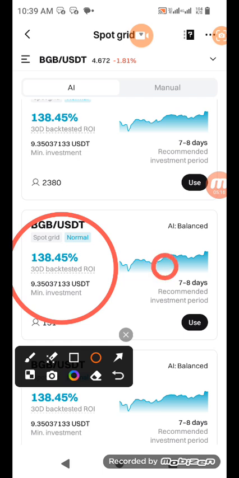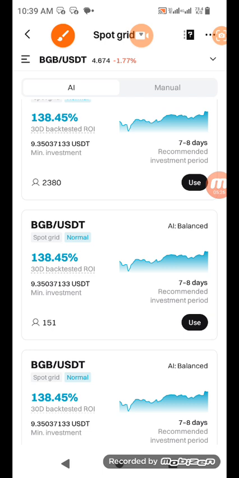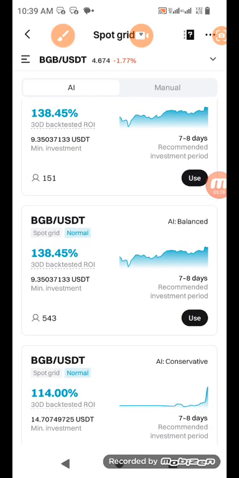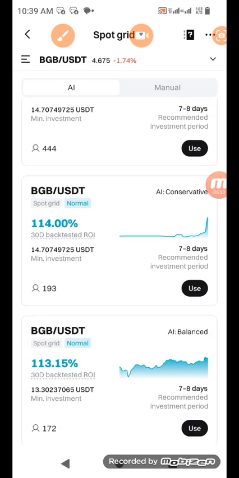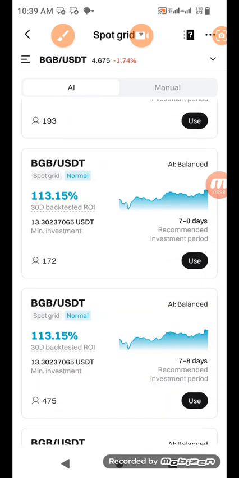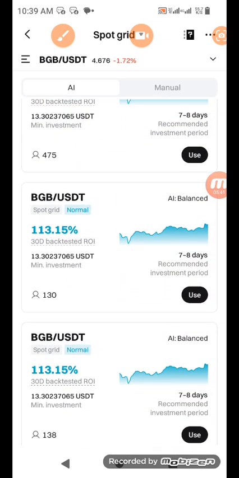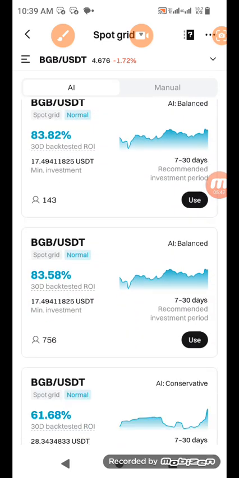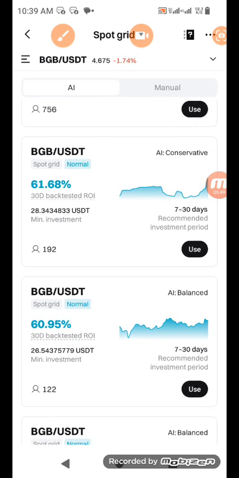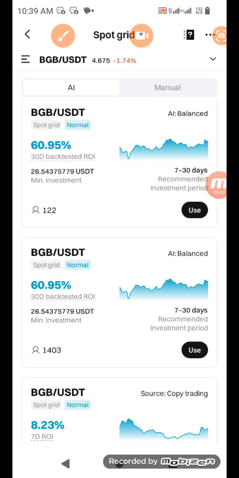Pay attention to this. And this one is between 7 to 8 days. And you can see, in the last 30 days, our backtested ROI is 138.45 and all that. So 151 persons are doing it now. So I'm going to check, I'm looking for all of this. You can always play, like I said, for a newbie, you can try conservative, which is a low risk one. But make sure you look at the prices, the amount of the minimum you can have. I want to try the one with the least of $4. I'm going to see that on aggressive or so.